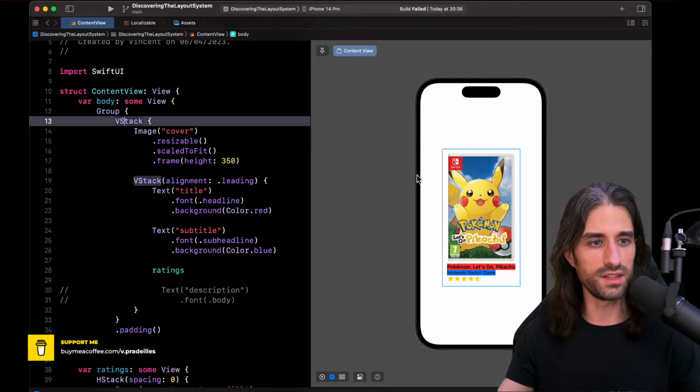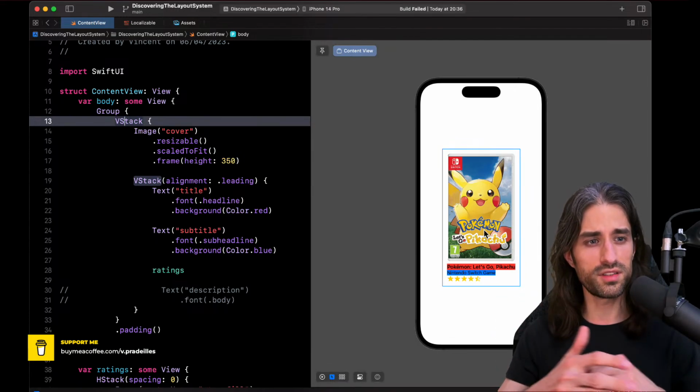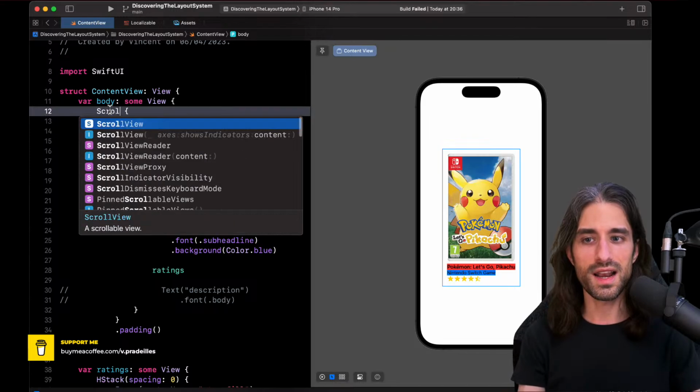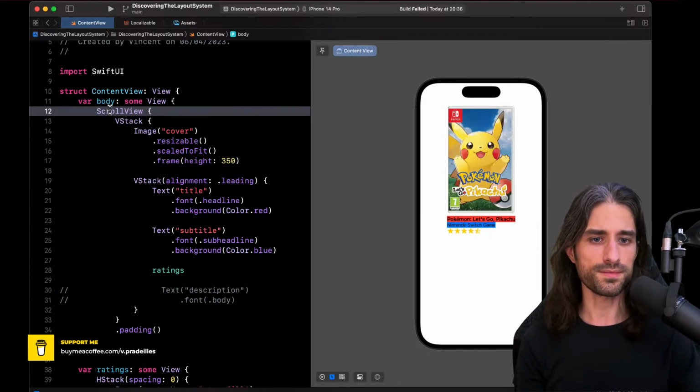That's logic. That's what I've been telling you since the beginning, that most views in SwiftUI by default draw themselves at the center of the space that's available to them. That's not true for all views. There are a few exceptions, like for instance, scroll view.